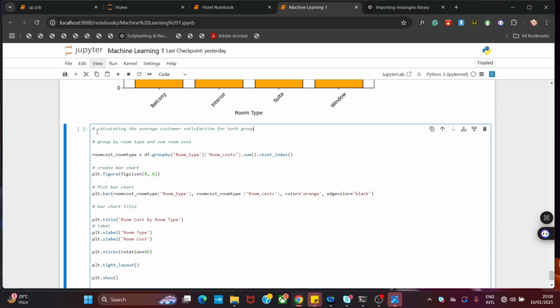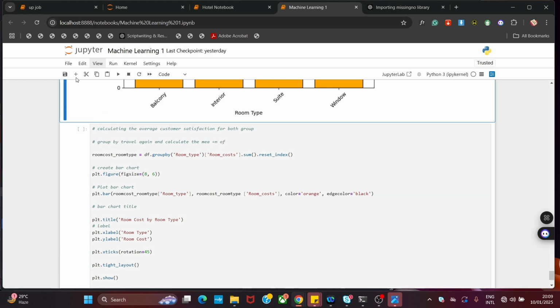Here we are going to group by would you travel again, and calculate the mean customer satisfaction, the average. So we say we are going to group by would you travel again, and calculate the mean of